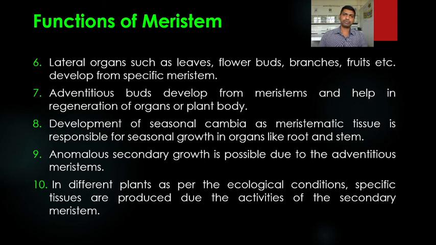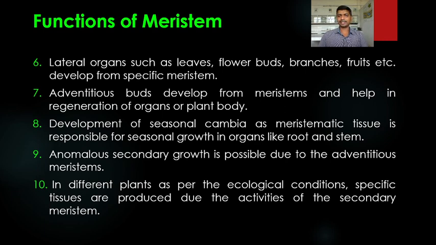So in this way we finish the meristematic tissue, which is a first form tissue in the plant. So there are two main types of the tissue, meristematic tissue and permanent tissue. In the next lecture we will study the permanent tissues, that is simple tissue and complex tissue. Simple tissue consists of parenchyma, chlorenchyma, collenchyma and sclerenchyma, while complex tissue consists of xylem and phloem. These complex tissues are also called as the meristematic tissue.